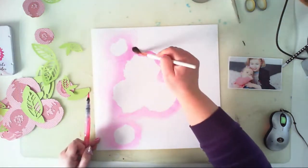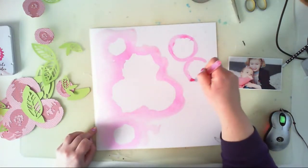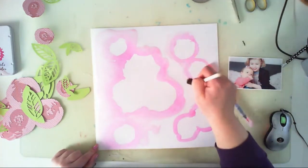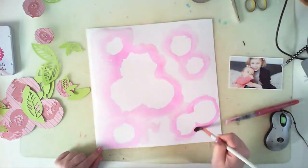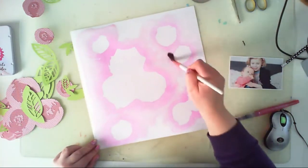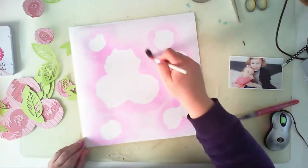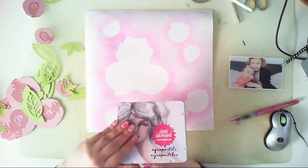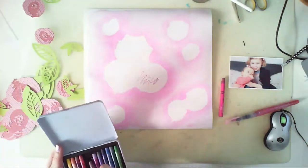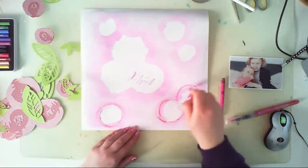I am using this mermaid marker by Jane Davenport, and the color is called Conch. I think I pronounced it well. And I just outline the flowers and add water because it works like a watercolor and it spreads smoothly and it looks so pretty. And after I spread my Jane Davenport color with water and the background is still wet, I am adding